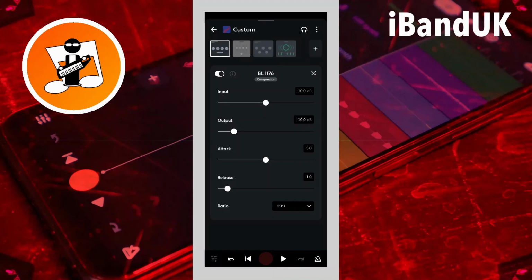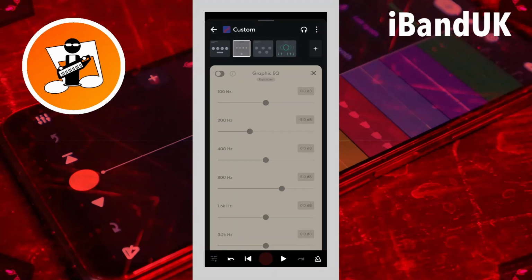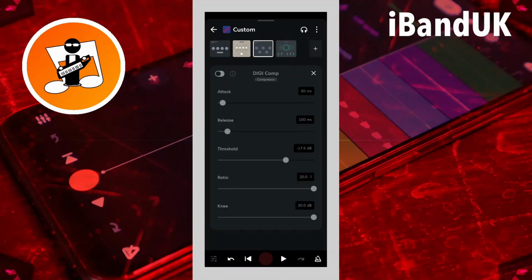And you'll notice the vocals are a little bit more obvious in the mix now. And now if I turn on the graphic EQ and play it again, it's probably quite subtle there, but the vocals have been cleaned up so they're a little bit easier to understand. And if I add back in the digicomp,